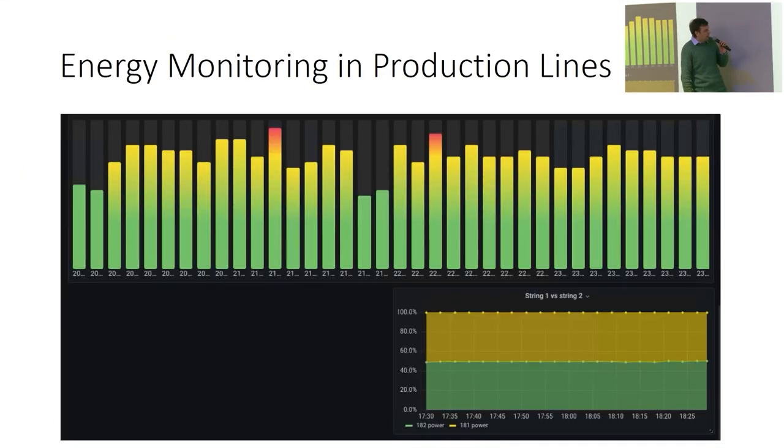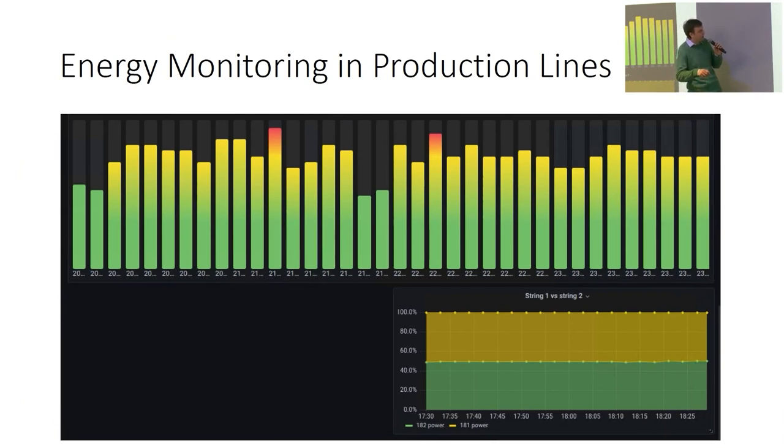This is the example of the energy consumption. I had to remove the numbers on this axis due to confidentiality reasons, but you can see